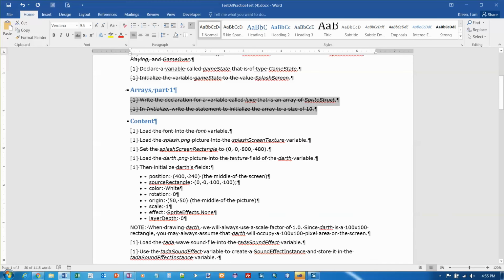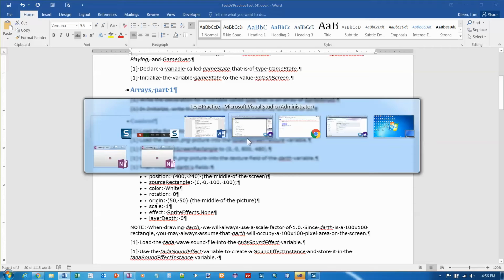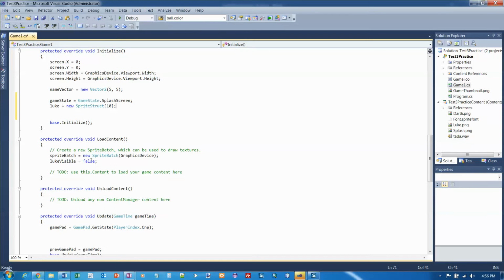Okay, now our content method, load content method. We want to load the font into the font variable, splash into the splash texture variable. Initialize splash screen rectangle, load Darth, and initialize Darth's field. Okay, so let's do this one step at a time here. Let's load the font variable and the splash picture. So in load content down here,